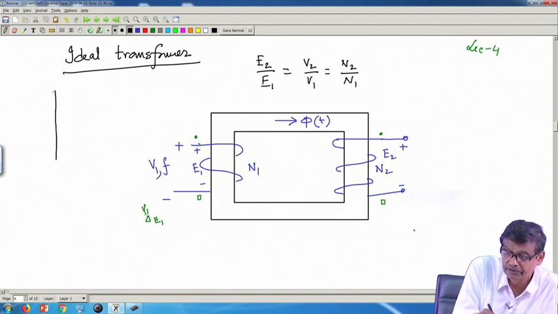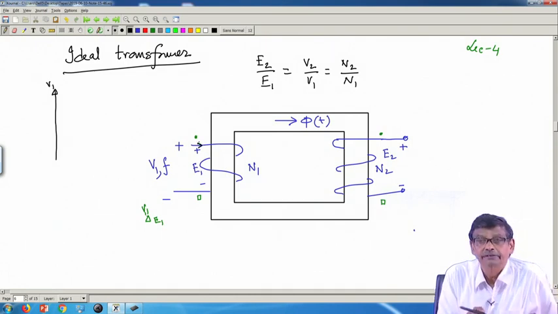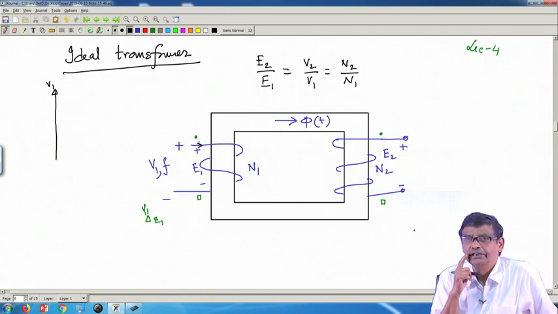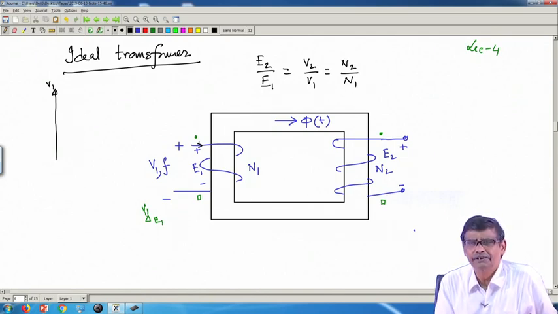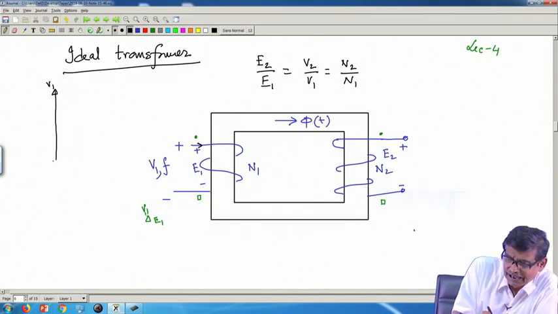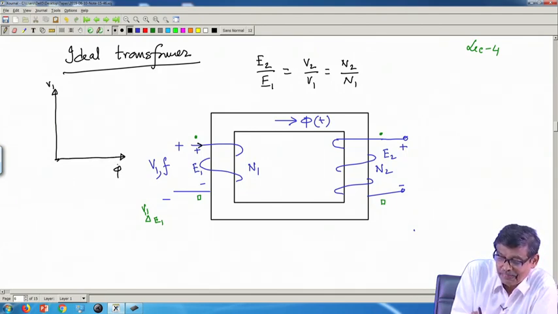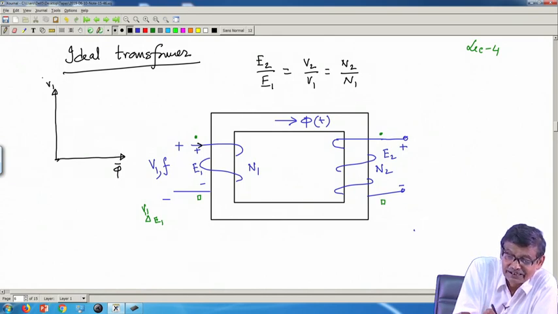This is my applied voltage. Carefully see. The current drawn by this circuit will be 0. Will it be 0? Not really, vanishingly small current. Okay. So, that current will be lagging this by 90 degree, a small current, but that current produces a finite flux phi. Getting, these are the phasors.